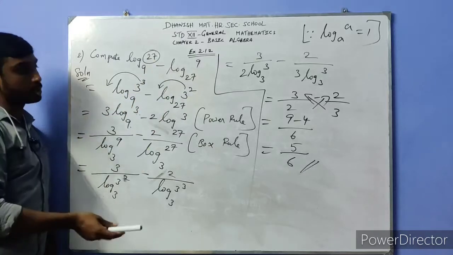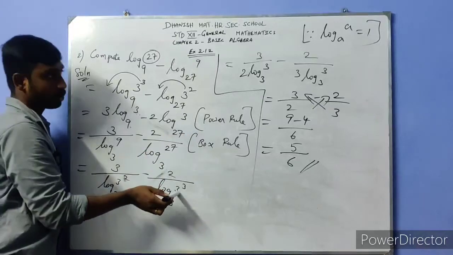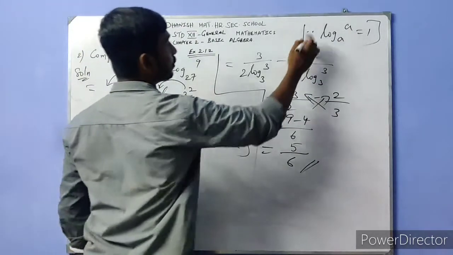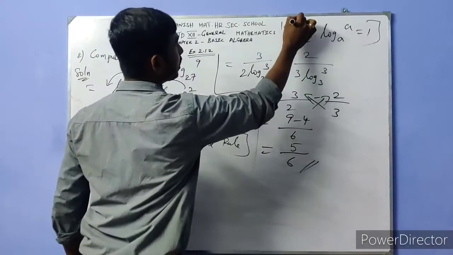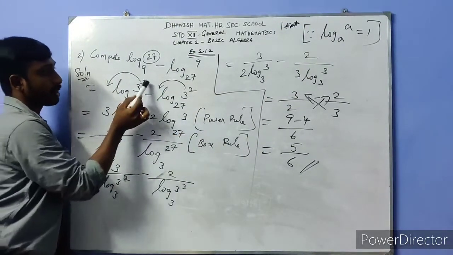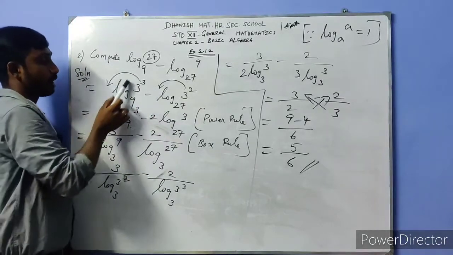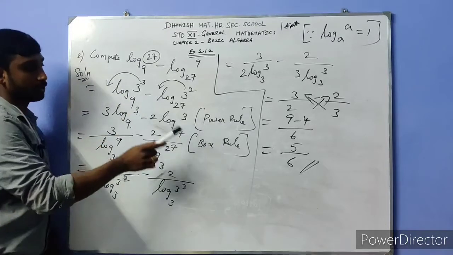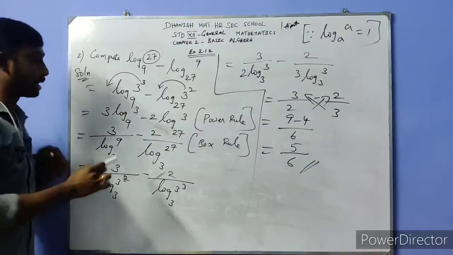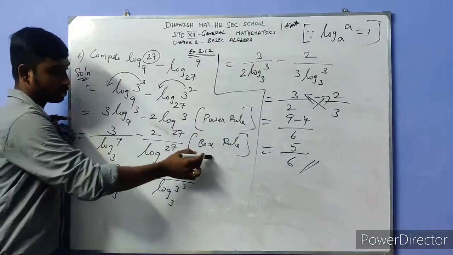So what are the rules we are using here? There will be the power rule and the box rule. Again we are using the same power rule and box rule only. So this assumption value is very important. You have to write it in the right corner of your classwork. Listen here: in the power rule, whatever power there is goes behind the log value. In the box rule method, whatever the log value, log 9 power of cube, it will be reciprocated. This value goes into the power, and this value goes here. So here we are using this box rule.